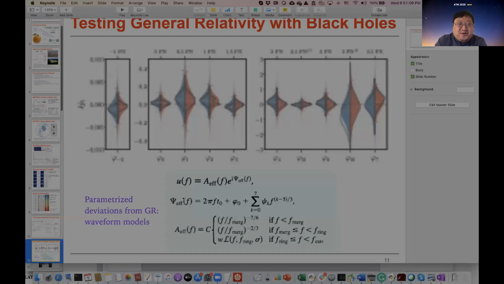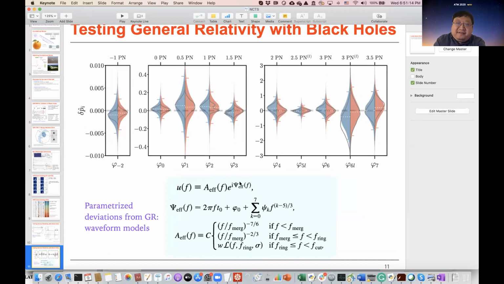So you write down your waveform as an amplitude and phase as functions of frequency. And then you say that, okay, from theoretical modeling, I know how the amplitude should depend on frequency and how the phase should depend on frequency, from numerical relativity simulations, which directly solve Einstein's equations. And then we nevertheless write down the waveform as an expansion in terms of f to some integer over 3. Okay, so this power law expansion corresponds to a 1 over r expansion or a v over c expansion,